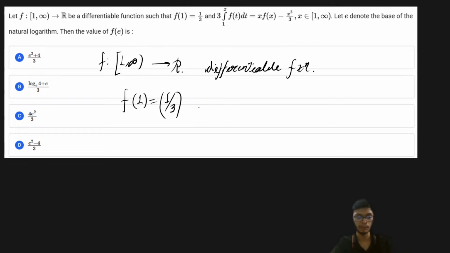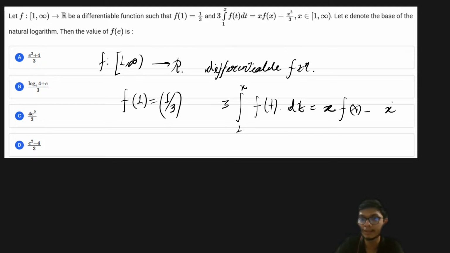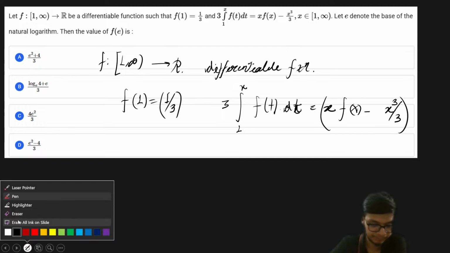It is also said that 3 times the definite integral from 1 to x of f of t dt is equal to x into f of x minus x cube by 3, right? We have this particular form of an integral equation. So from this integral equation, in order to find the solution, what I can do is that